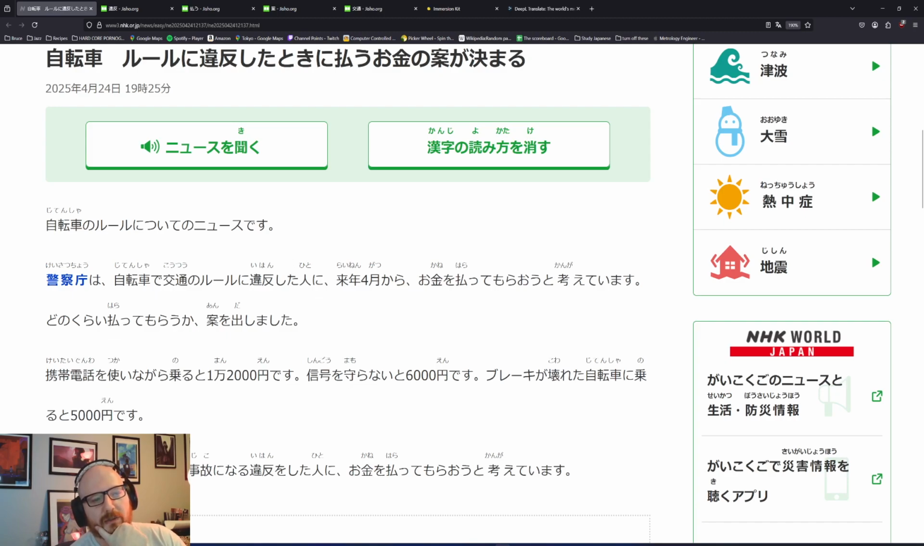So this is saying people that violate the rules of bicycle traffic, from April next year, not next month, next year. Nen. Doing good. Okane o haratte mo. They'll have to pay money and